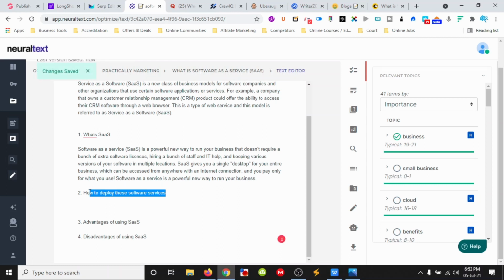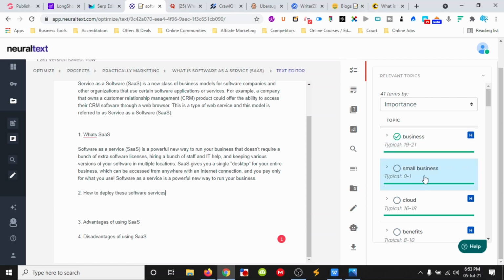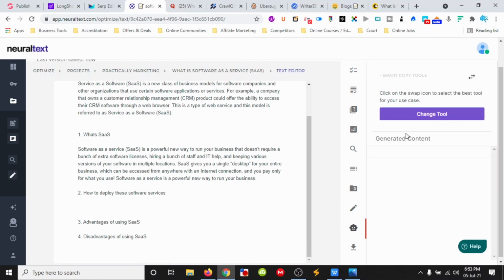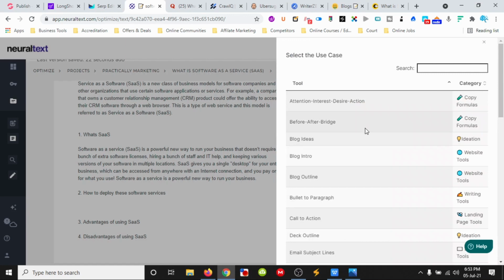And let's see, highlight. So rephrase, complete. Let's go over to the smart tools. We can change the tool here,